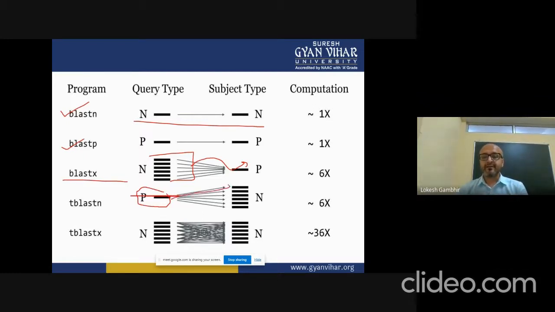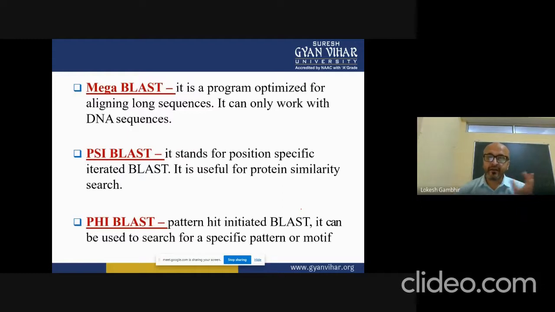Then if you have conceptual nucleotides and want to match them with translated nucleotides, it's called TBLASTX. The computational time is longer, and the maximum time approach is provided in this scenario. And the other advanced ones are Mega, Psi, and Phi.